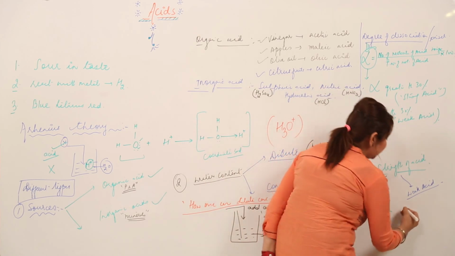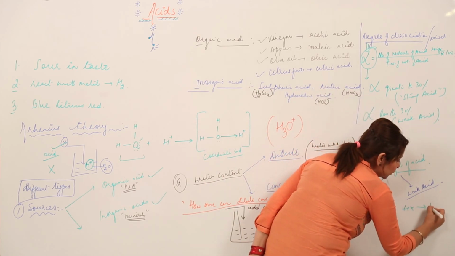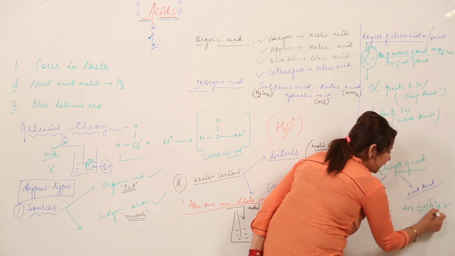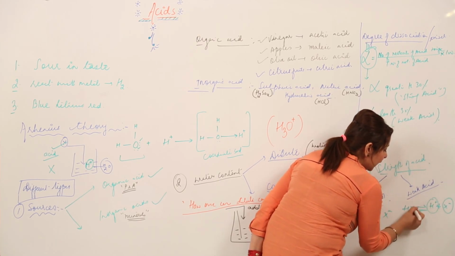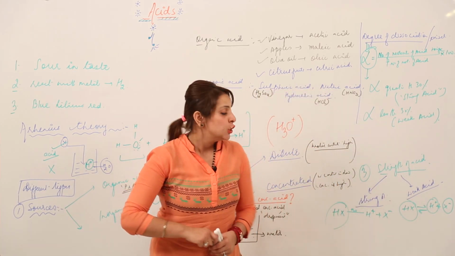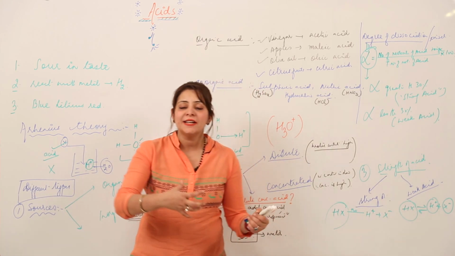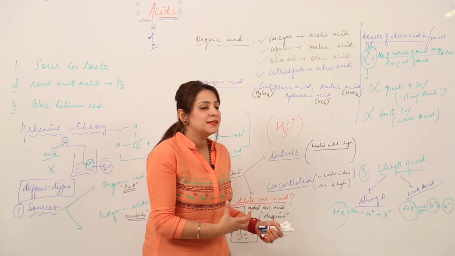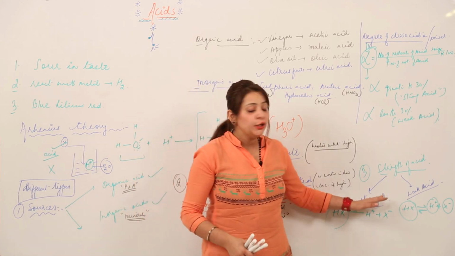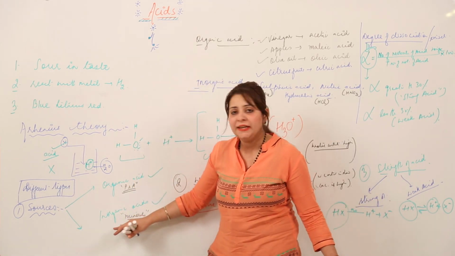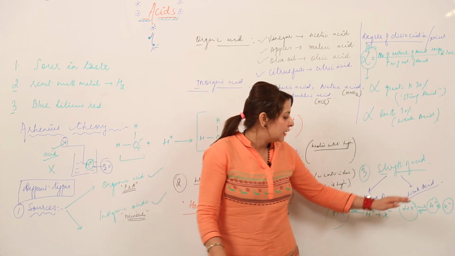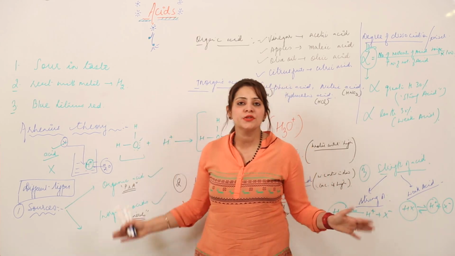And a weak acid is something which gets partially dissociated. That means we will see the H+ ions, the X- ions, and we will also see the unionized molecules. So the strong acid gets completely ionized and the weak acid gets partially ionized. And when we look for examples, the inorganic acids are the strong acids and all the organic acids are the weak acids. So this is how we classify the